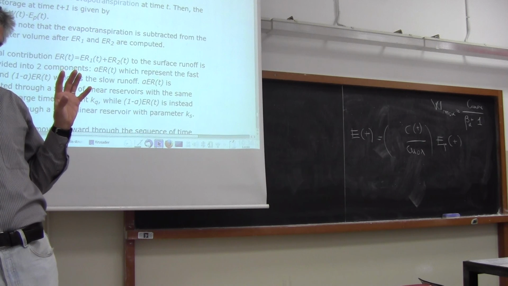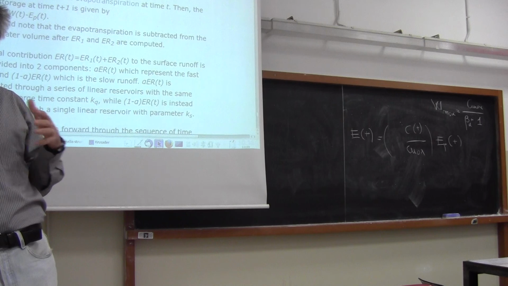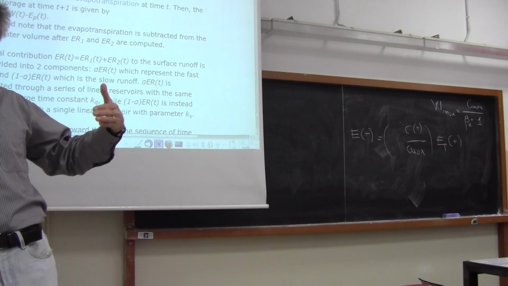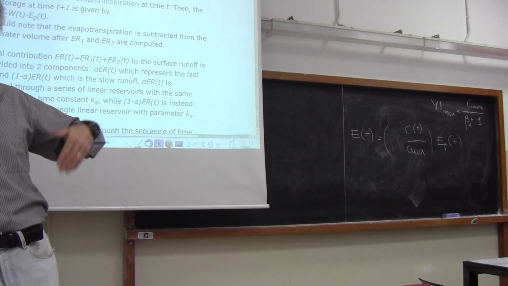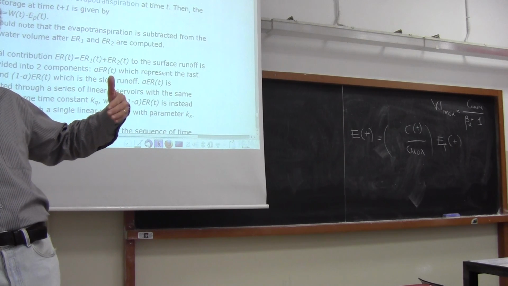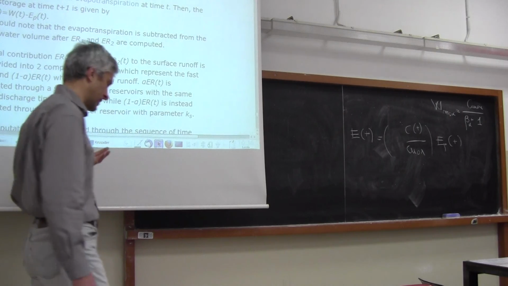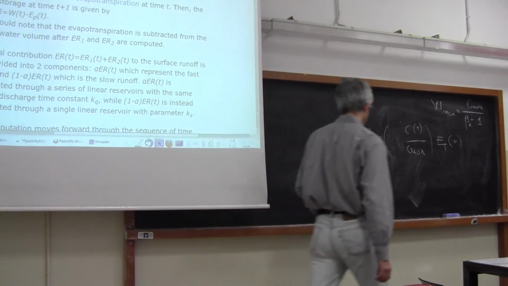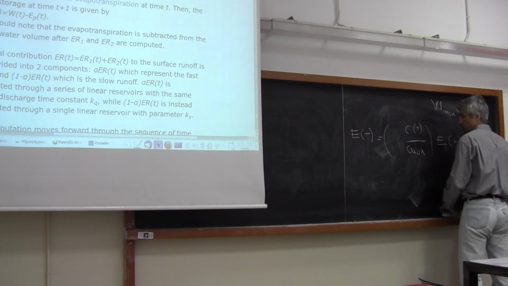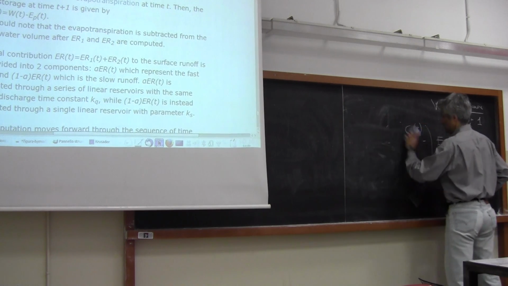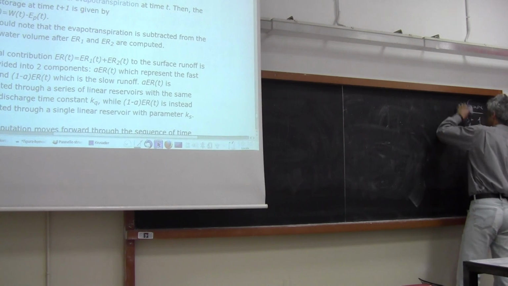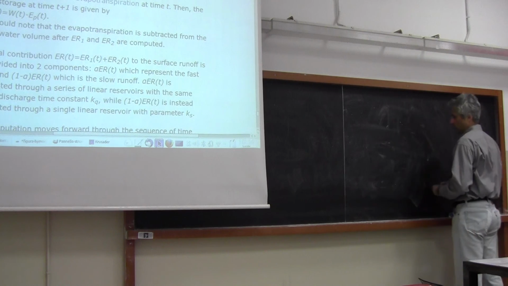Now, application of the model suggests that it's better to add a module to the model for computing the transfer of runoff to the basin outlet. Because basically, so far, we have computed, let me make a scheme of a catchment. So we have computed